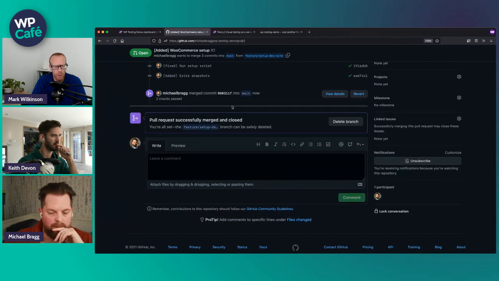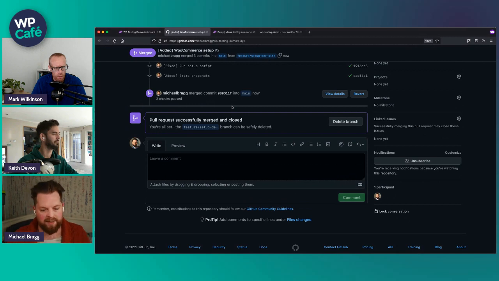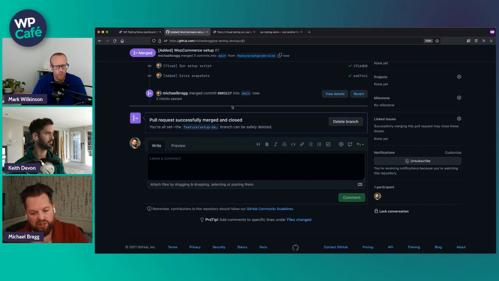What does rebase do? It said rebase and merge. What it does is it compares and basically takes everything from main, and then it intelligently merges the two in. So if Keith had decided to change something on this project and committed that to main while I'm doing this process, instead of me having to pull Keith's changes down, merge them into my own, and then re-push it back up,